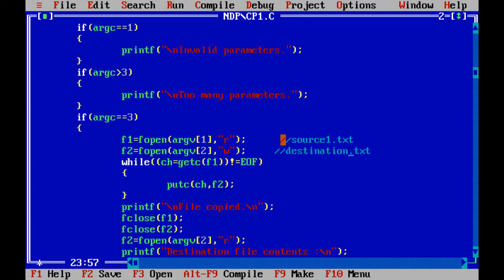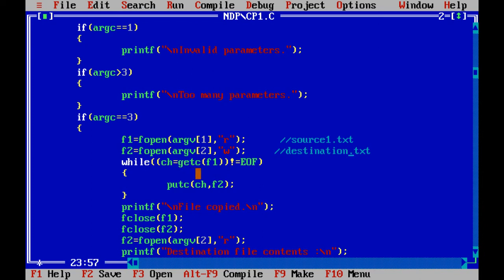So the first source file, we are going to open that file which is in array position 1 in the read mode. So this is the way you should read this statement: open first file in read mode, open second file, which is the destination file, in the write mode.